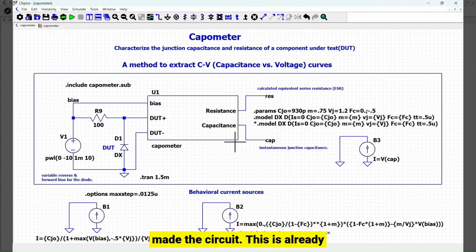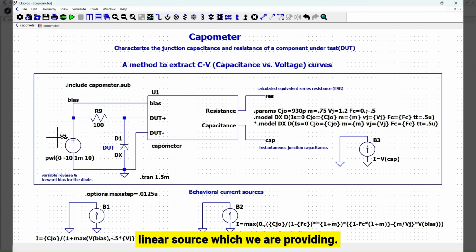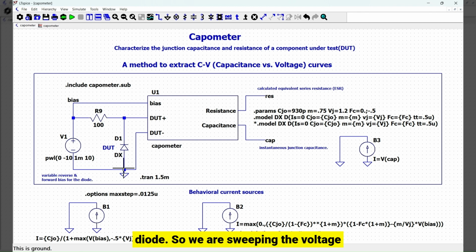And this is how we have made the circuit. This is already available in the educational circuits in the LTspice. I will share the link from where you can watch that. So let me explain the circuit to you. This is a PWL, piecewise linear source, which we are providing. It is used to give the forward and reverse bias for the diode. So we are sweeping the voltage from minus 10 to 10 volts, and we are providing the biasing to the